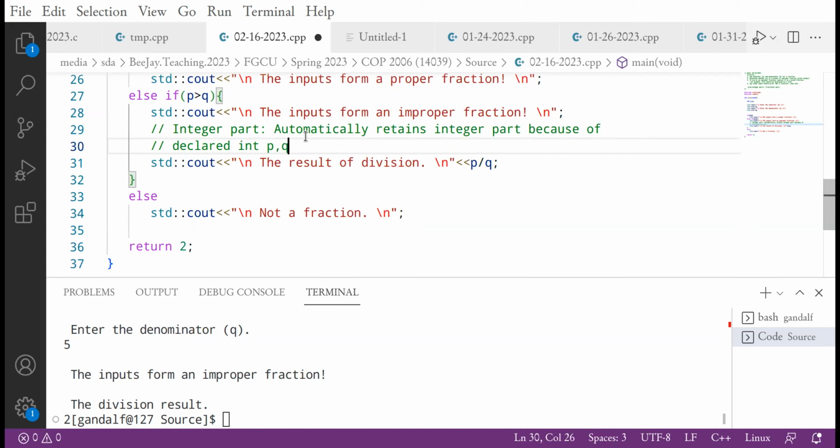So since we have declared p and q as integer data types, the result is going to be an integer. So I can save p over q